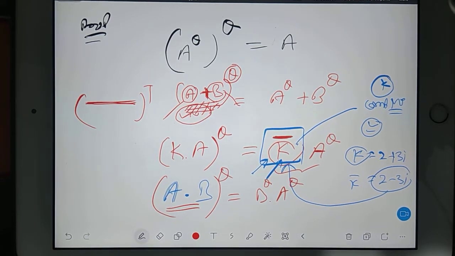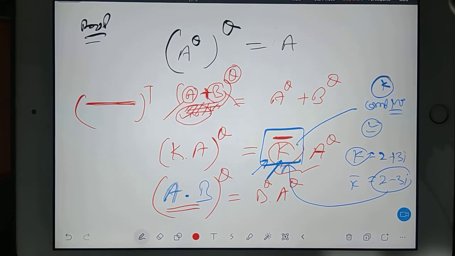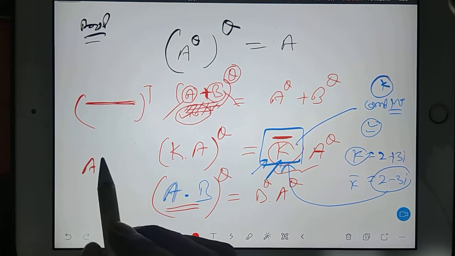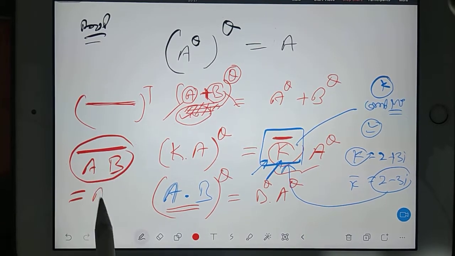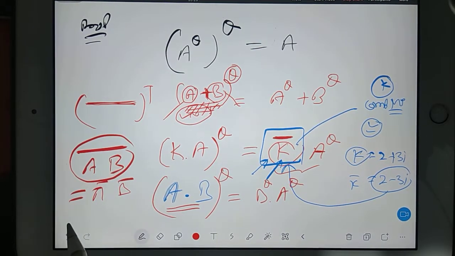Get my point? What we did just before was the conjugate part. If I go for A and then B and I find the conjugate, this part I can open in the same order, A bar B bar. But if I have to go for transpose, then it is different. You see, the order is being changed. So we have to focus here, otherwise we will make mistakes.